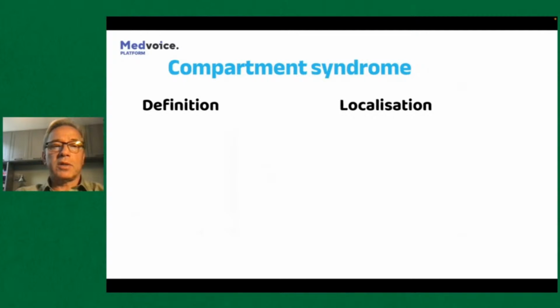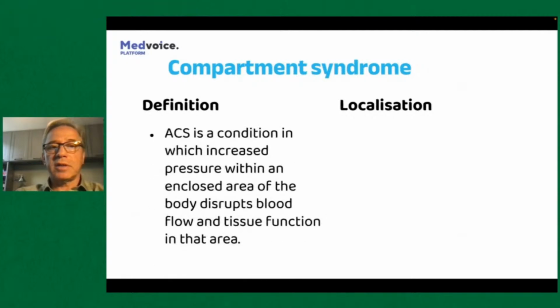Right, so let's look at this syndrome. What's the definition of it? It's the condition of increased pressure within an enclosed area of the body that disrupts the blood flow and tissue function in that particular area. And what are the most common sites? It's the tibia. Tibial fracture is the most